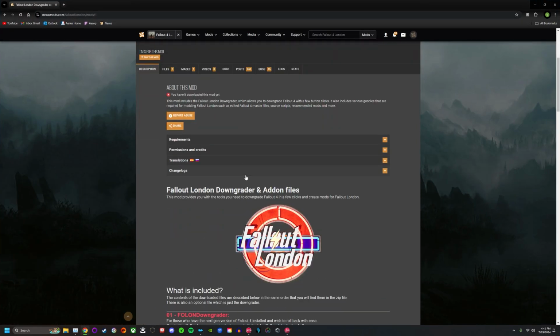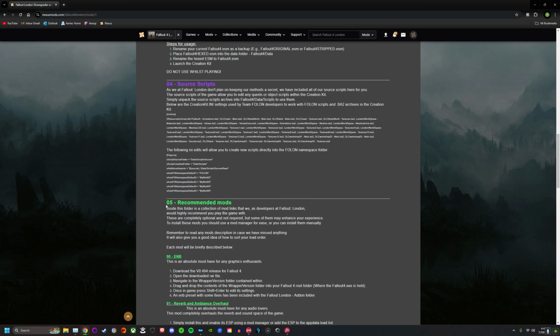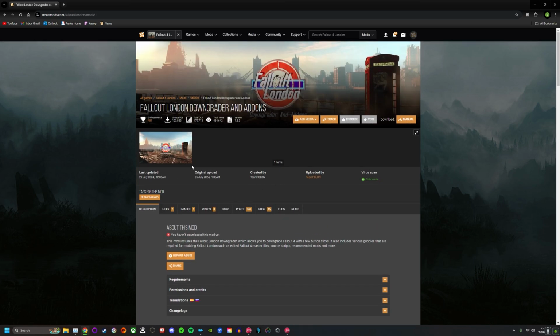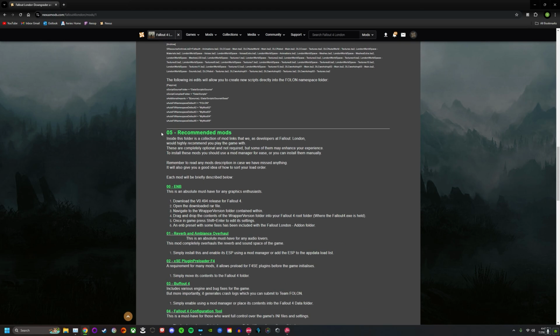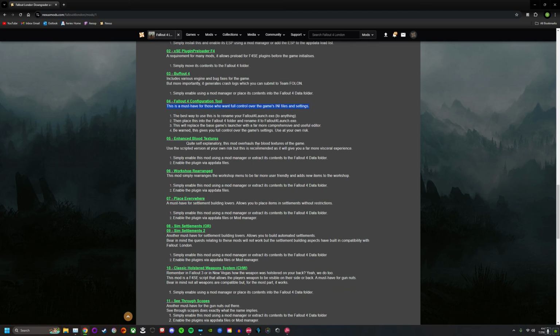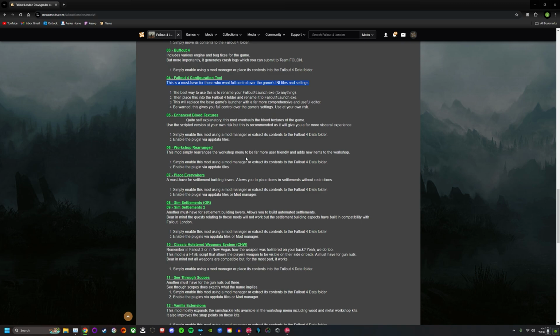The first and most important thing to discuss in terms of mod compatibility is to go over the recommended mods list. So you will find this on the Nexus website, Fallout 4 London, Downgrader, and add-ons. Make sure you come to this page, and down here you will find their recommended mods. So these are all of the recommended mods. I actually do recommend that most people get all of these, especially the ones that will help with stability or